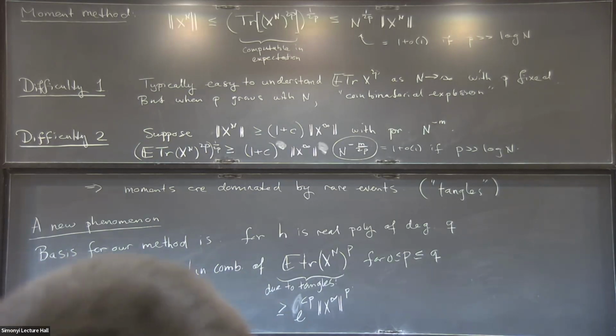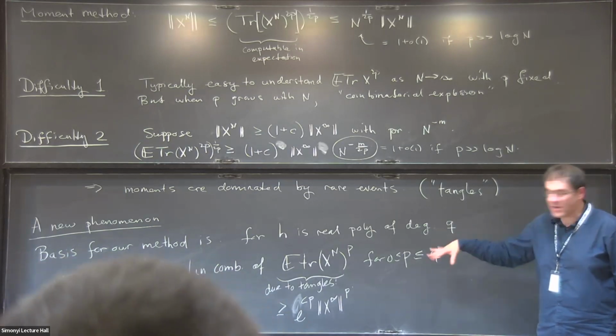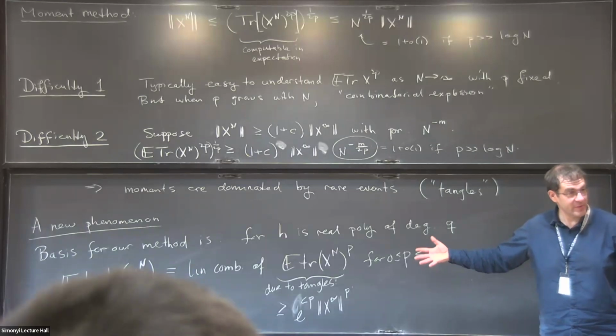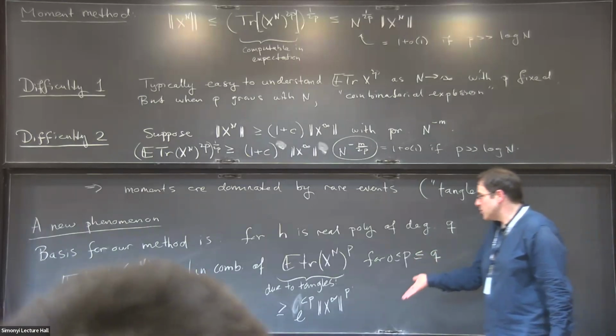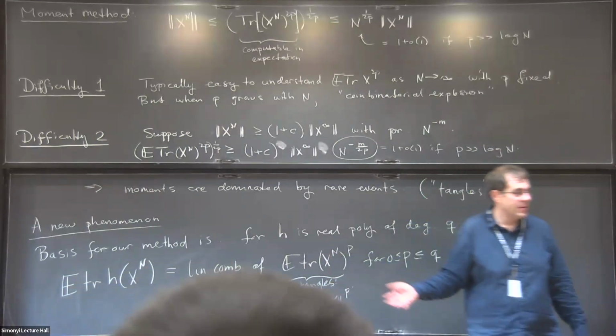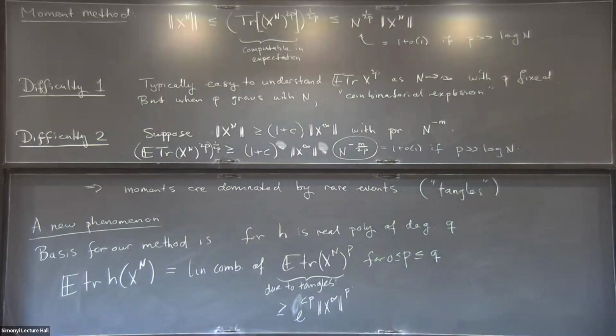For now, I just want to focus, not yet on the method itself, but on why it works. So it seems we're already in trouble. There's nothing gained here. But, for example, we can prove, and what I'm writing now is not enough to prove strong convergence, but it already showcases the phenomenon I want to explain, that if I take the expected trace of h of Xn, and I subtract the same thing with infinity,